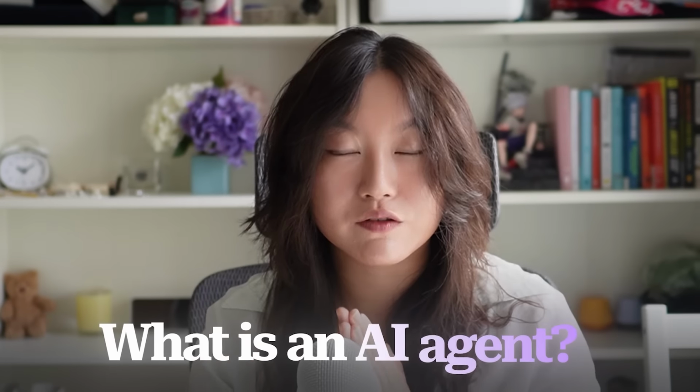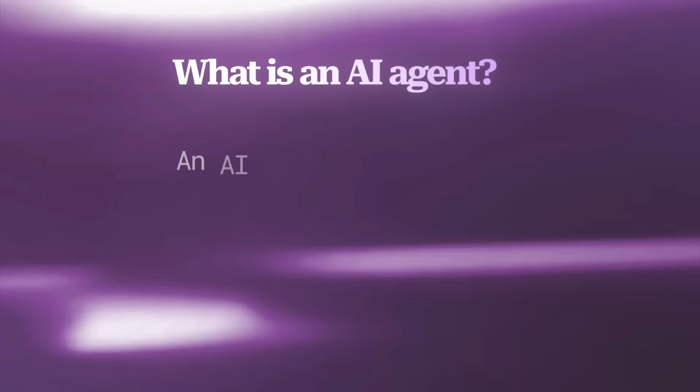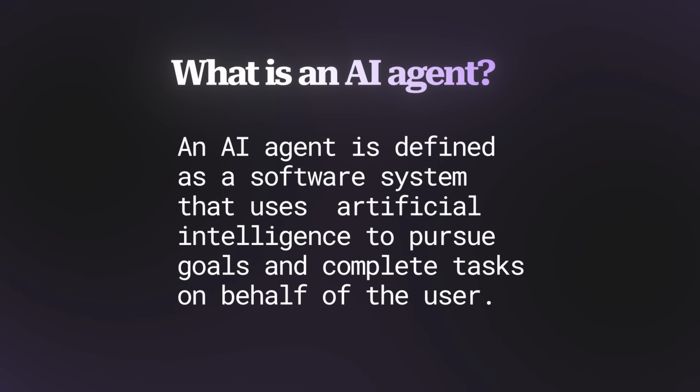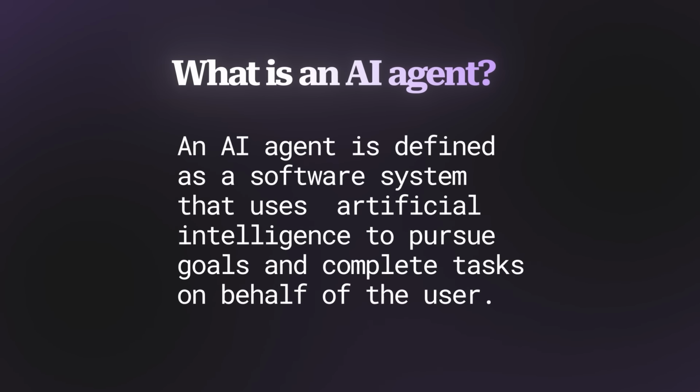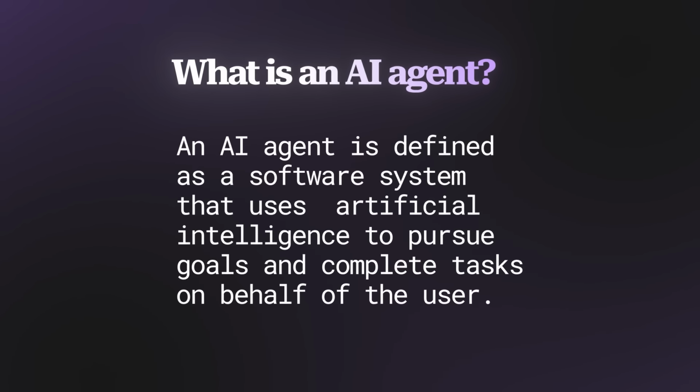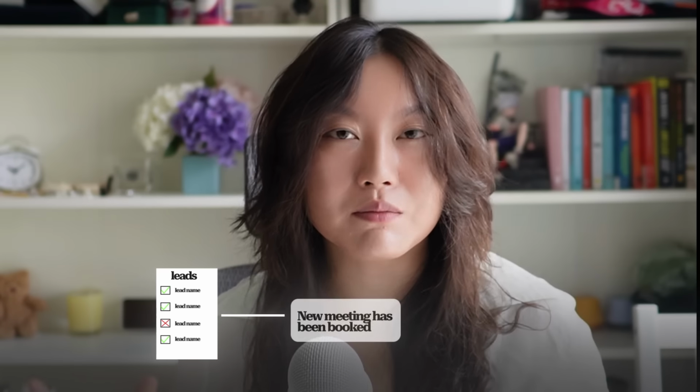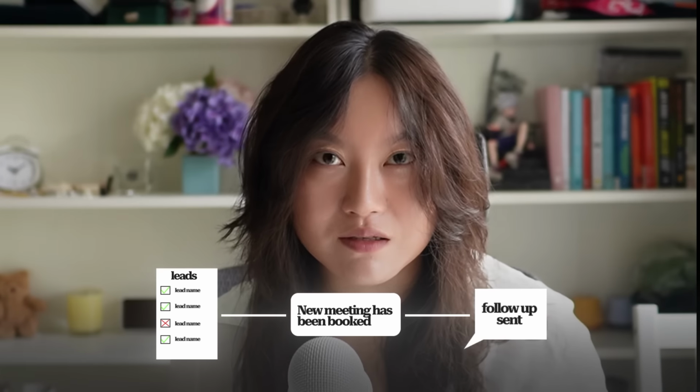All right, let's first start off with a crash course on what is an AI agent from a practical perspective. An AI agent is defined as a software system that uses AI to pursue goals and complete tasks on behalf of users. For example, a customer service AI agent would be able to take user queries and help them solve their problems. Or a sales assistant AI agent would be able to qualify leads, book meetings, and follow up with sales prospects. There are lots of different types of AI agents, but each AI agent is made up of 6